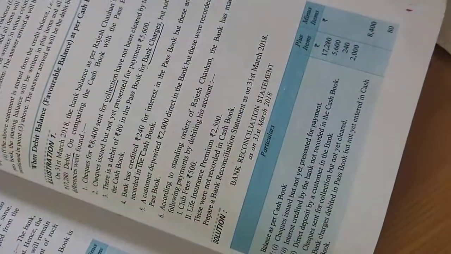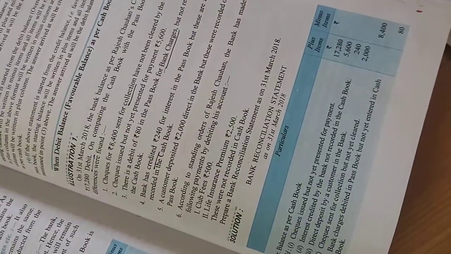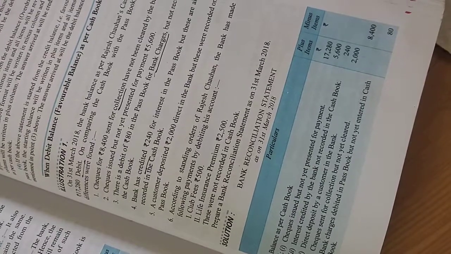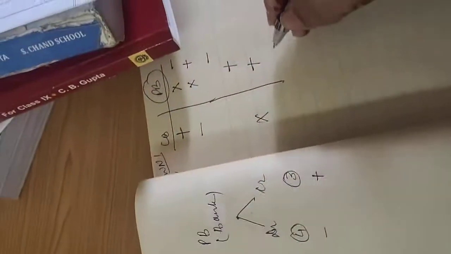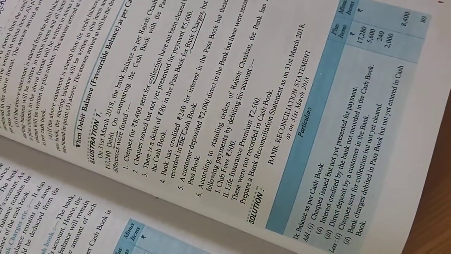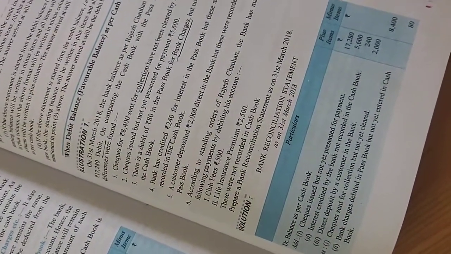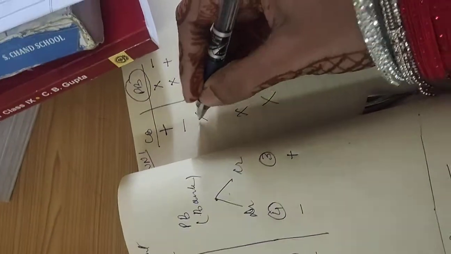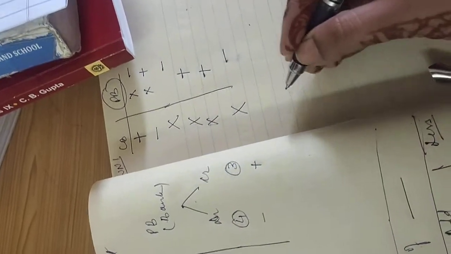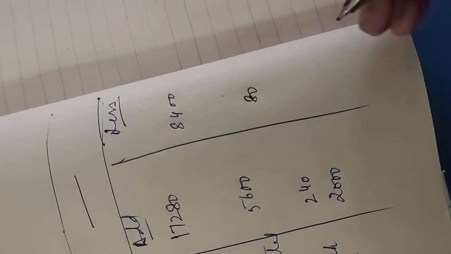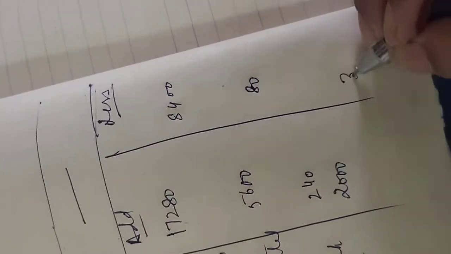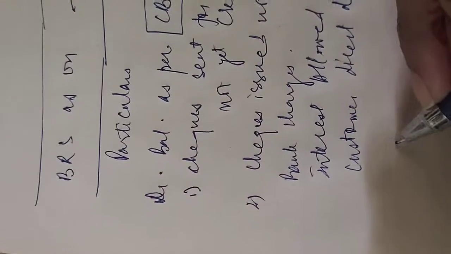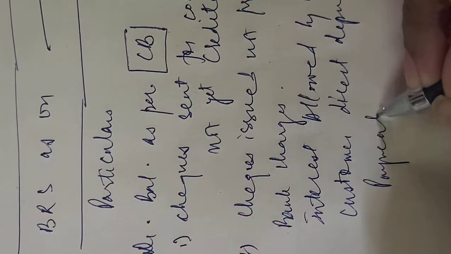Right, the last transaction, according to the standing orders of Rajesh Chauhan, the bank has made following payments by debiting his account. Meaning the bank has made some payments. Of what? Club fees 500, LIC premium 2500. That means total 3000 rupees. These were not recorded in cash book. Nothing was recorded in the cash book, right? But whatever is happening in the passbook, we keep doing that, right? So it is negative side 3000. So I will write 3000 on the negative side, which is payments made by bank,